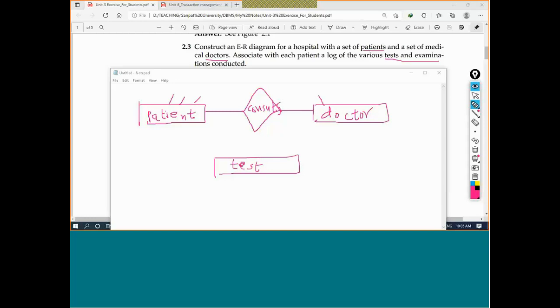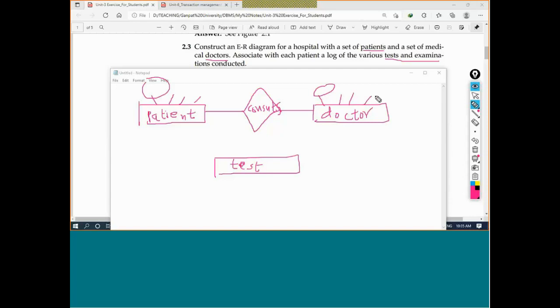Now the number is given by the hospital, so you can provide patient number or patient ID here. That will be a primary key. Here it will be the primary key, or doctor ID, doctor name. Doctor, I will say specialization, or you can also add doctor qualification. Doctor qualification could be just a bachelor's, that means MBBS, or a master's, MD also. You can add that.